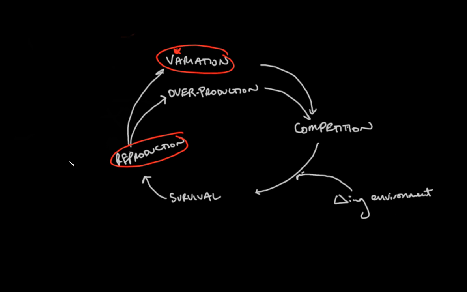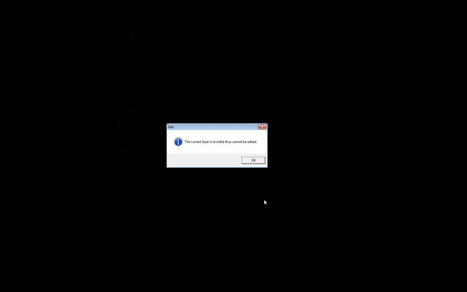Okay, so we're going to talk a little bit more about this variation and the reproduction. So what I'm going to do is remove that. If you didn't have it, go back and jot that down. But when we talk about reproduction, let's make a little diagram here that might help us. Alright, so if we've got our idea of reproduction, which I hope you understand is really kind of like making new organisms,